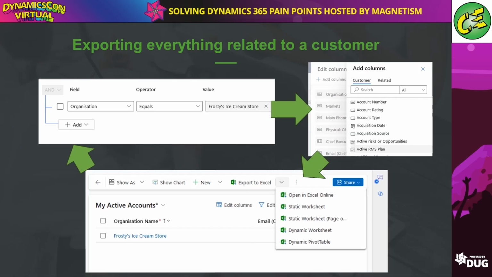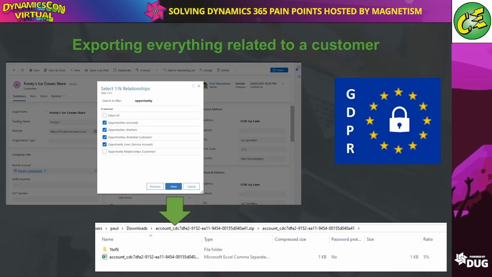That also adds a lot of risk because you could forget to include certain columns or tables. It takes obviously a lot of time as well to build up all of those queries and run all of those. And if you've got lots of customers requesting that, that can take up a lot of time from your staff. So what we ended up doing to come up with a solution for this is a simple interface where